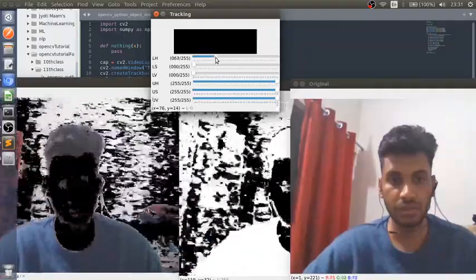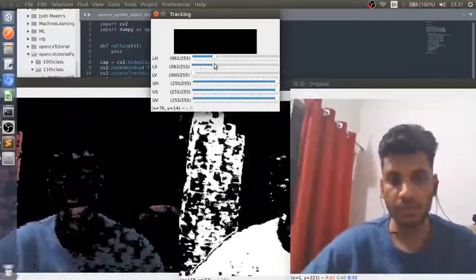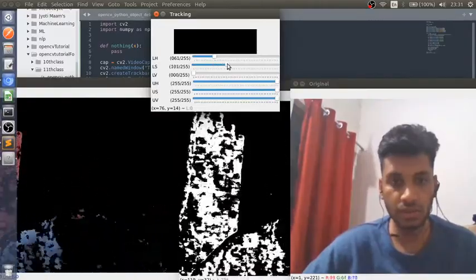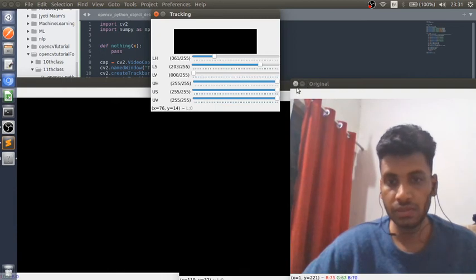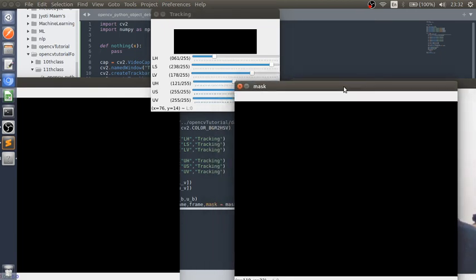So this one is 61, 62, another one is 238, and 178 is the lower value of hue, and then 121. So we have nothing right now.